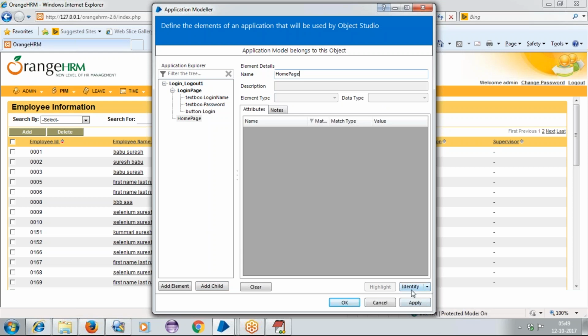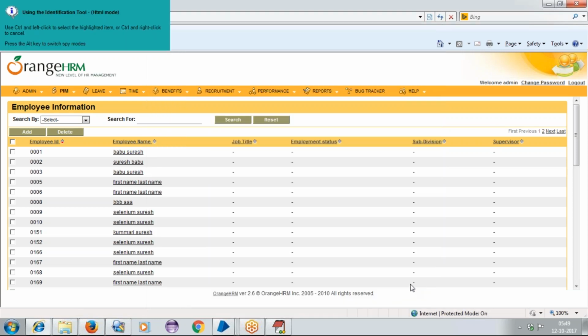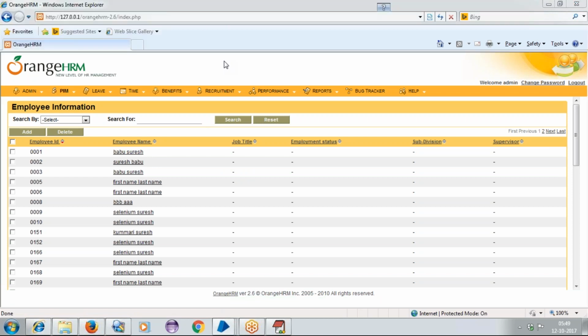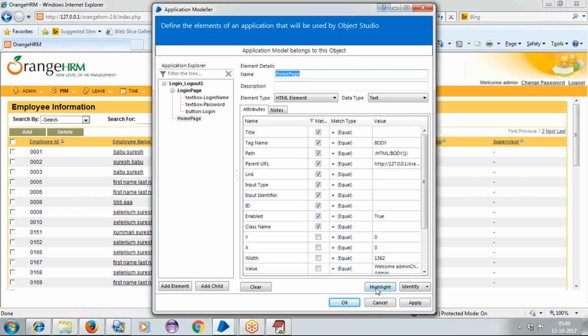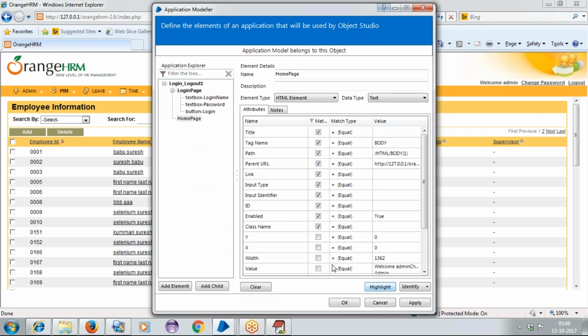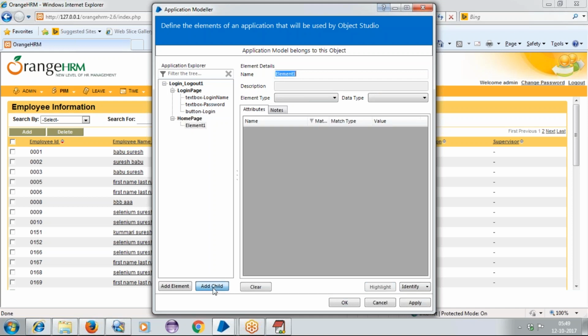Okay, let's identify this home page. You can see here. Now I'm taking the whole window. Then I'll be taking the Control left click. Click on highlight. Highlighting it.